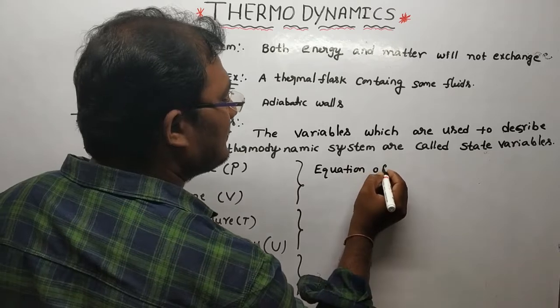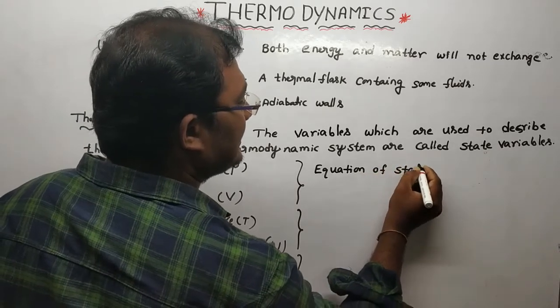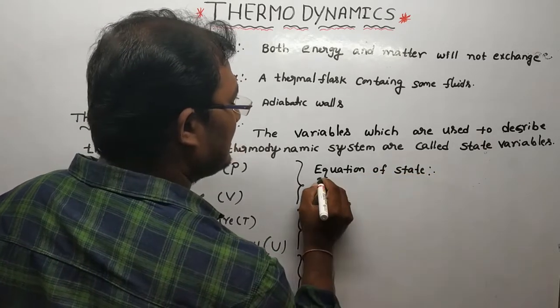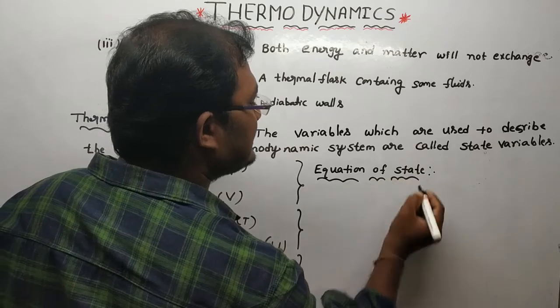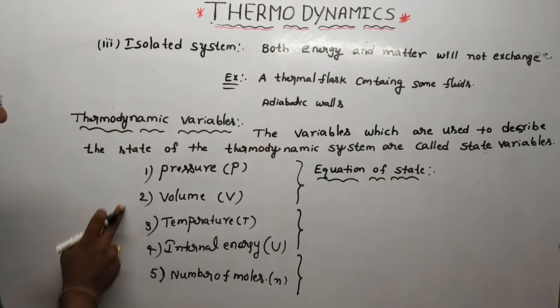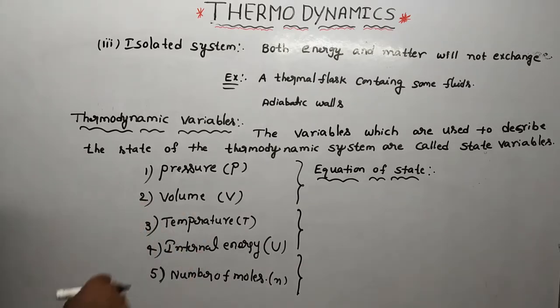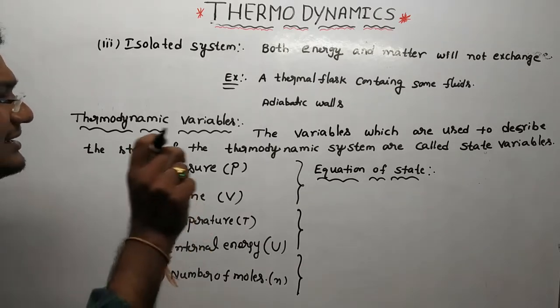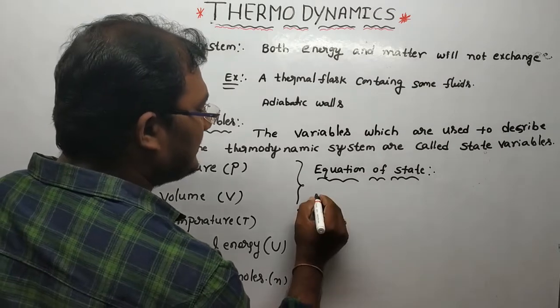Equation of state. Equation of state is nothing but the relation between the thermodynamic variables which are used to describe the thermodynamic system. For example,